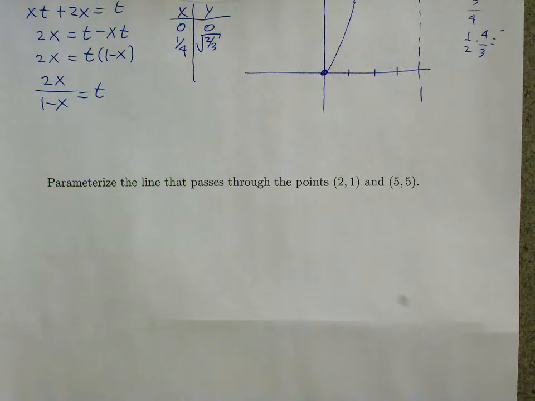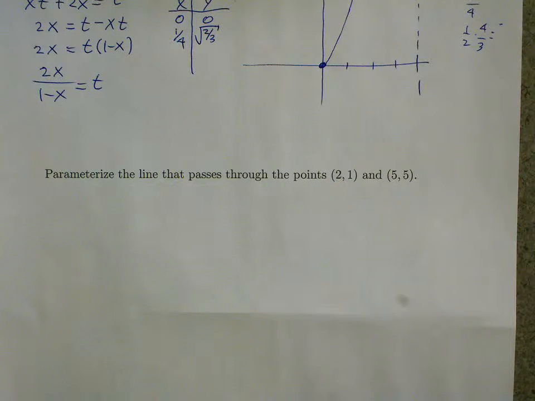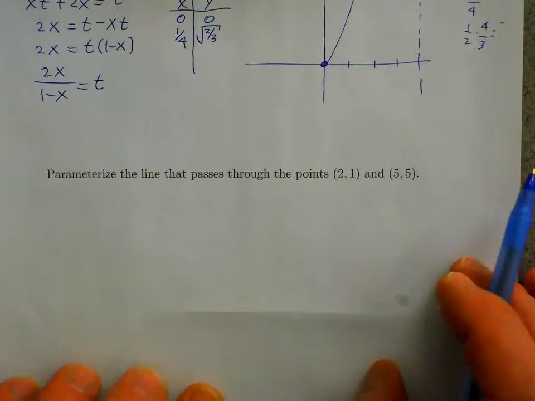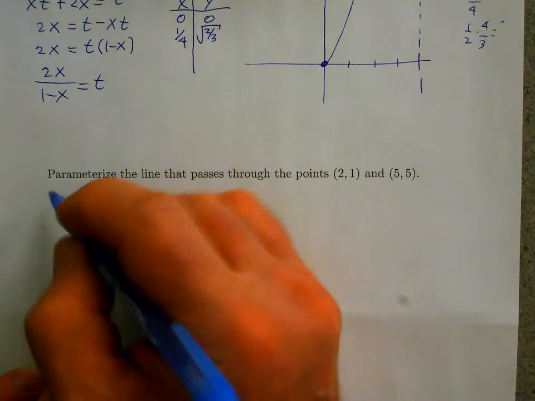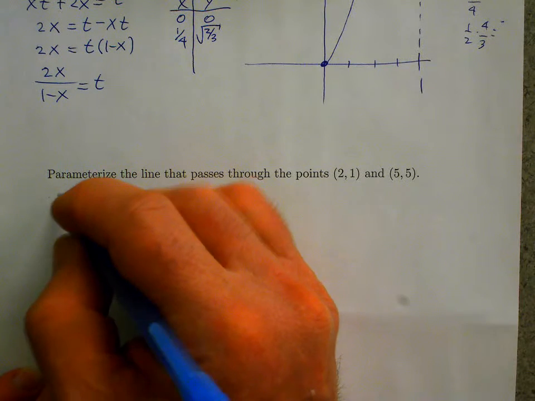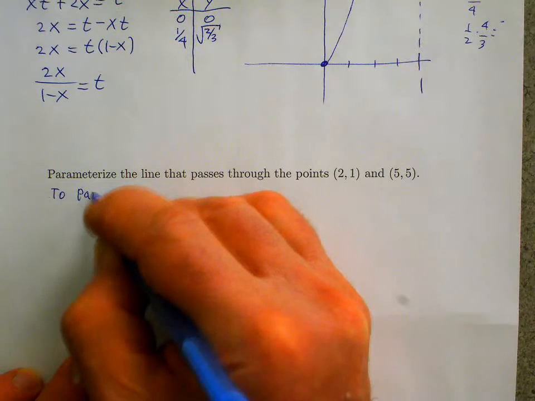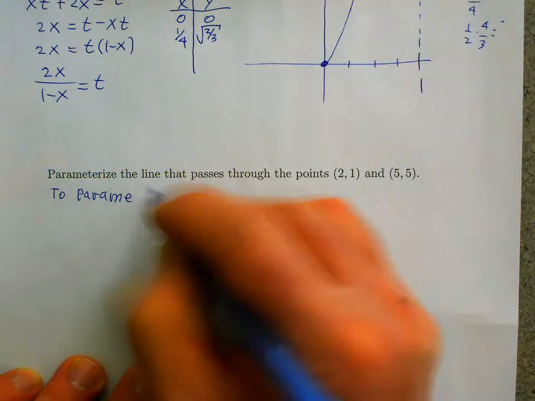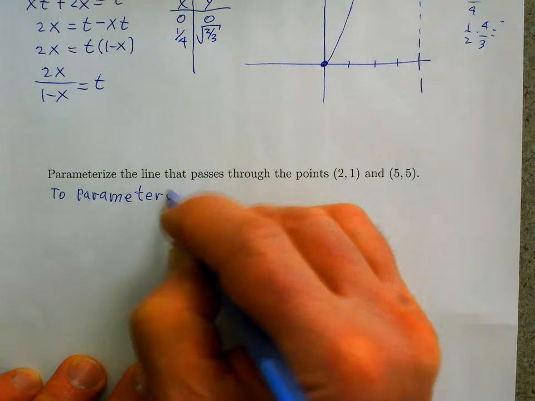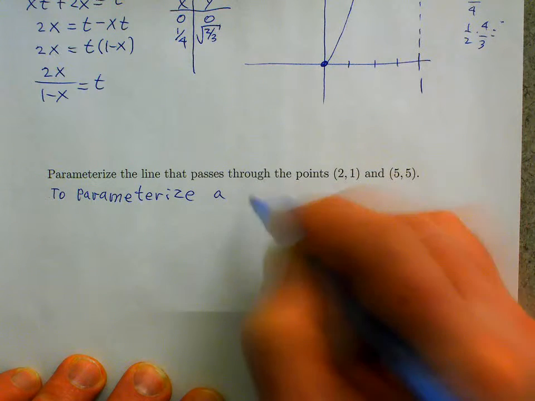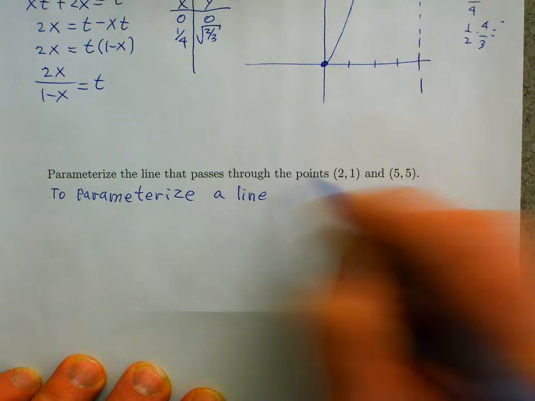I think this comes up in trigonometry, or it can if it's covered anyway. So in general, I'll just write down what you can do to parameterize a straight line. I'll just say a line